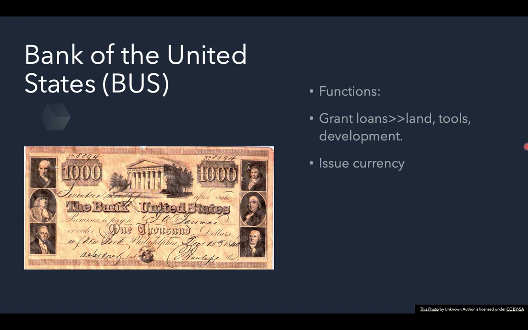Each bank could have its own different currency, which at that time was okay. But many banks would never try to redeem their notes for gold, and so a lot of banks failed as a result. So many leaders agreed that a national bank, like the Bank of the United States, would benefit all. The second Bank of the United States, because the first one was the one Alexander Hamilton created, would make available a currency accepted nationwide, a national currency. It would be easier for people in different regions to do business with one another with a single united currency.